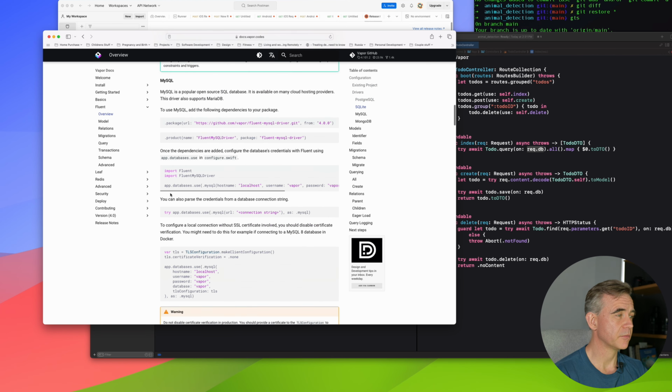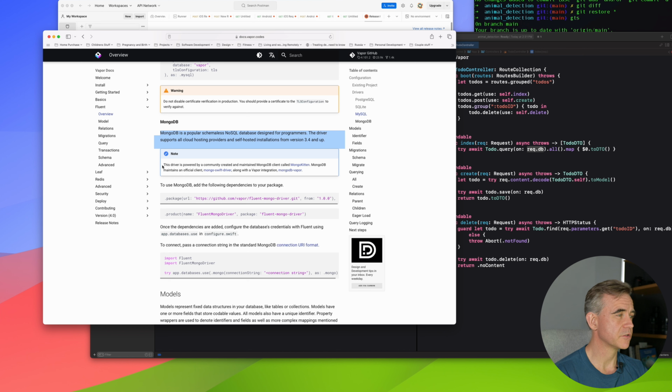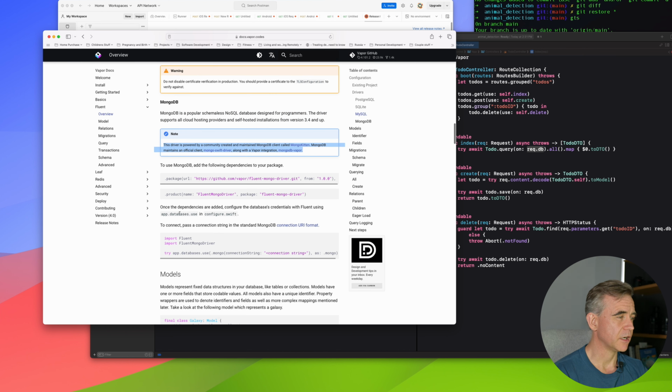SQLite. No, we want to go MongoDB. Now, MongoDB is a popular schemaless NoSQL database designed for programmers. Yes, that's what we want. Driver is powered by... okay, so we have the Mongo driver, and we have the connection string. Okay, setting up